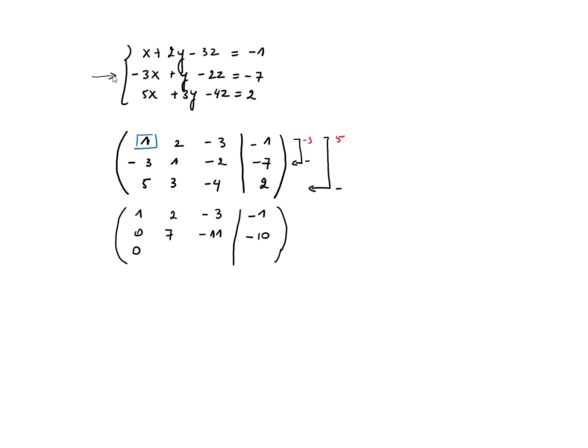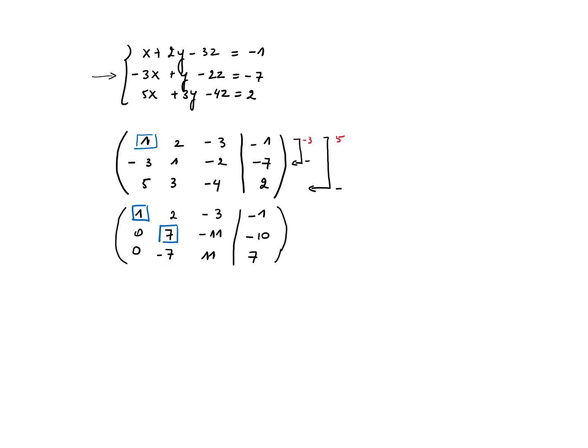So we're going to do the same thing for the third line. This gives a minus 7, 11, and here 7. Okay, so we had our pivot here, we have our next pivot that is over here,